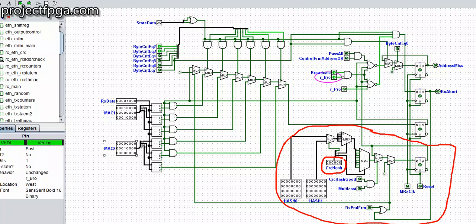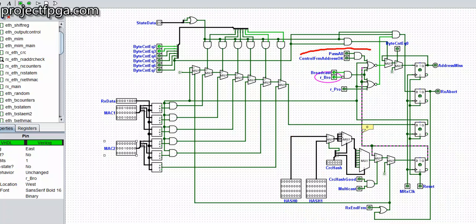This multicast signal means that you turned the multicast signal on, that is, you are accepting multicast data. And if the CRC hash is good, you see how this is also generated, so this bit, we call it that the multicast is okay. This signal here means multicast is okay. So what this particular check here does,